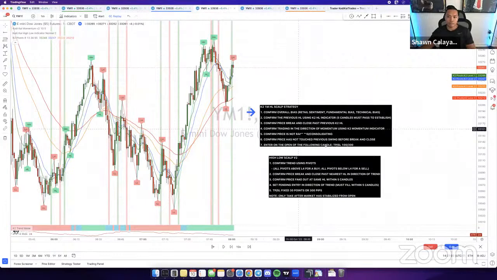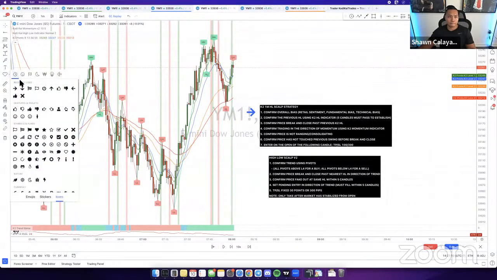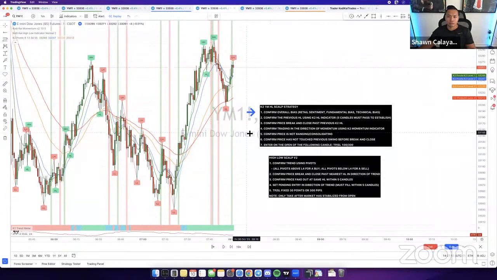I didn't put this criteria in here, but it's usually going to line up with that. So for this one, you're trading in the direction of momentum, but you'll see a lot of these entries come up lined up that way. It's pretty much automatic. You don't have to confirm that. It's just an extra criteria. So you'll see the entry that I'll show you today showing up there. I didn't put the criteria because it's almost always there without having to look for it.